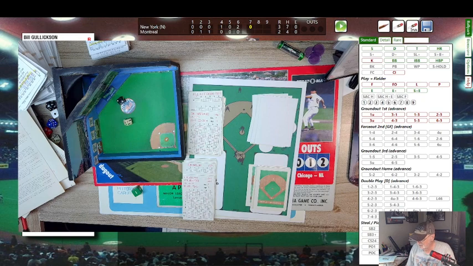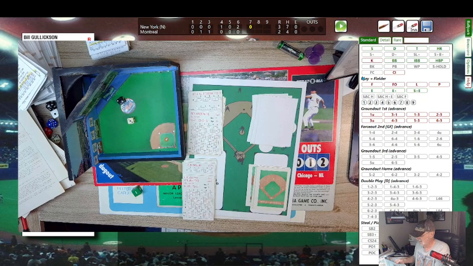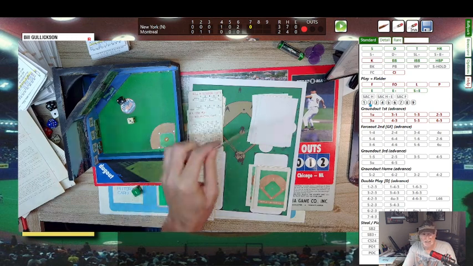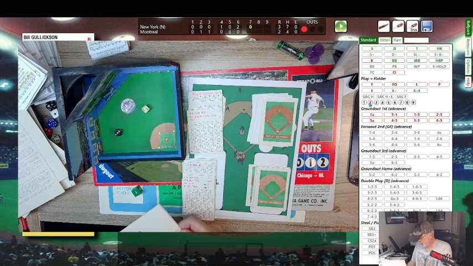Here goes. Here's the pitch by Gullickson. It's a 2 and a 3, and that's going to be a pop-up. An infield pop-up. No, it's behind the plate, and that's the catcher. He grabs it for out number 1. So Gardner pops out. Now I'm going to let Darling bat, just trying to get through this last game. And Gullickson with the pitch. 340, column 3, and that will be a swing and a miss. Struck him out. Darling goes down on strikes.